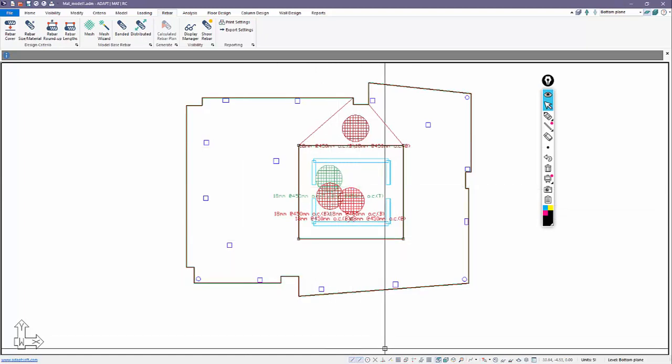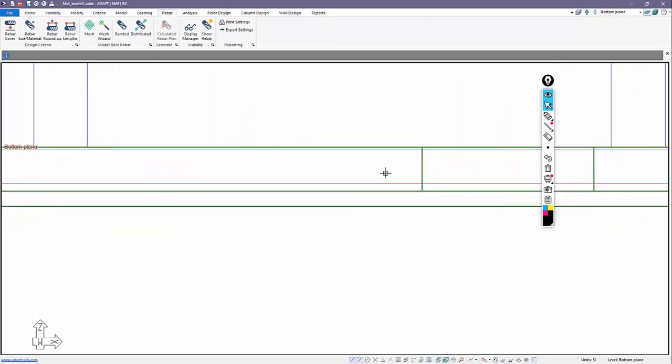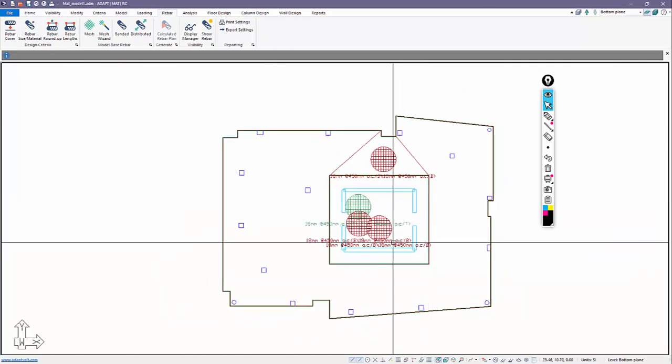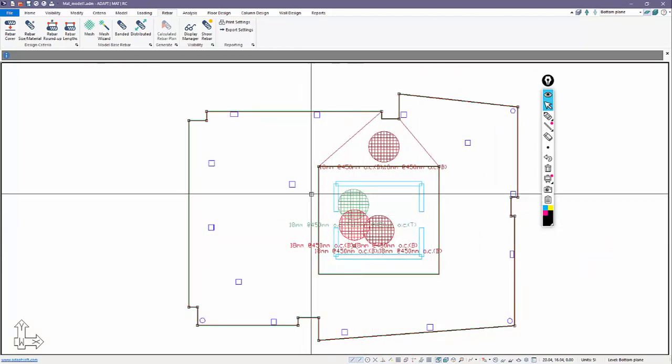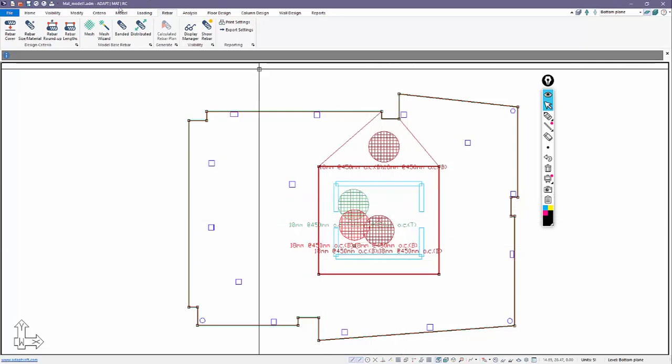That's highlighted. I'll go to a side view again. Now for this particular region, we can offset relative for this lower mat. So let's go ahead and isolate that. Again, I'll show you how to isolate regions. We're going to isolate this mesh rebar and this slab. So I'm going to go to visibility. I'll go to show selection.